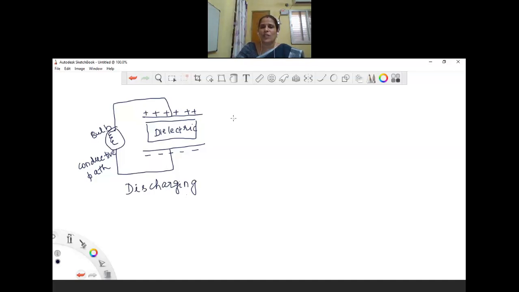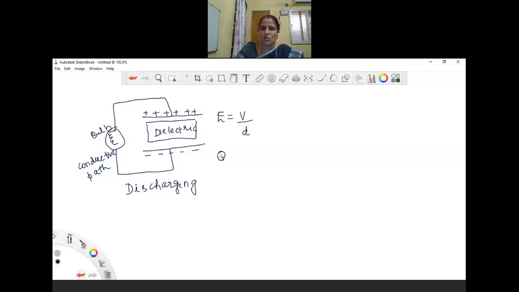We also discussed two terms here. One is the electric field between the two plates. Electric field is equal to the potential difference between the two plates divided by the distance between the two plates. So the smaller the distance, the stronger the electric field. Because of the accumulation of negative charge on the bottom plate and excess positive charge on the top plate, there will be a potential difference.